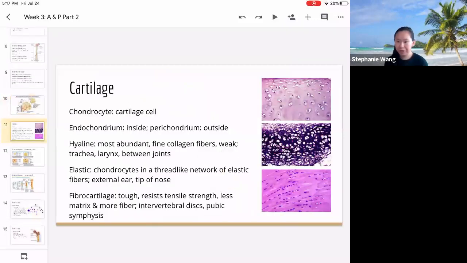Okay, next we're going to talk about cartilage, as Lucas was asking about earlier. So there's 3 types of cartilage. The top is called hyaline. The second one is called elastic, and then the bottom one is fibrocartilage. So when you think cartilage, most people will think about hyaline cartilage because cartilage is found between your joints to help lubricate or prevent friction during movement. So the type of cartilage that covers your joints is the hyaline cartilage, and also the cartilage in your trachea and your larynx, which is your voice box. That also is hyaline cartilage.